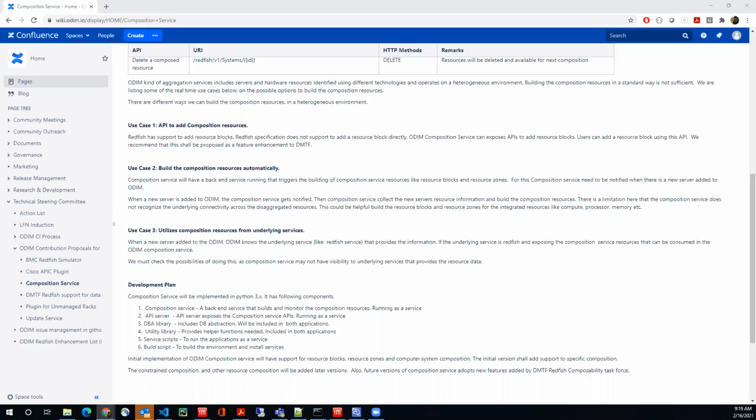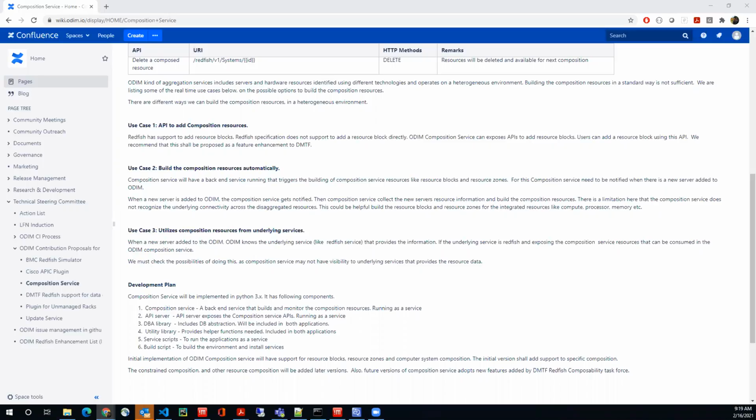Martin? Yeah. Can I make an alternative suggestion? Go on then. I think it's along the lines of what you just said, but maybe not as automated, and that's okay, because I think these groupings of resource blocks are really going to be system administrator specified. They're going to decide what groupings they want. It's not necessarily bound by a rack or a chassis. So what if we added APIs to do CRUD on resource zones, and then when you specify a resource block, you have to specify which zone it goes into.